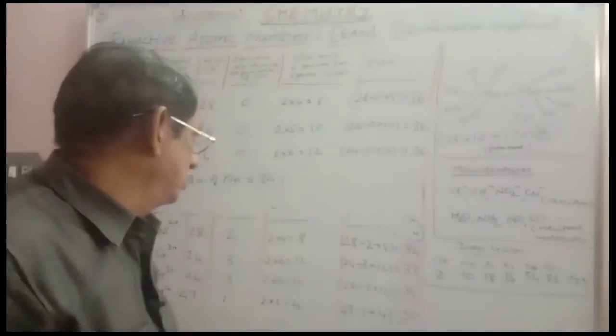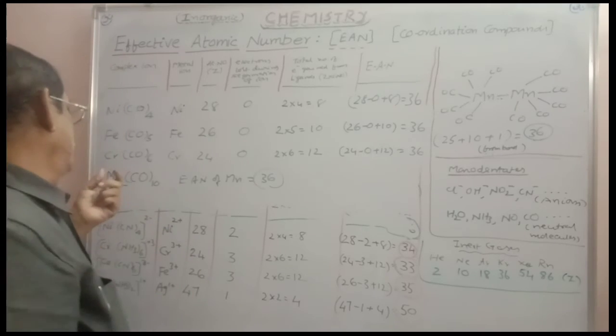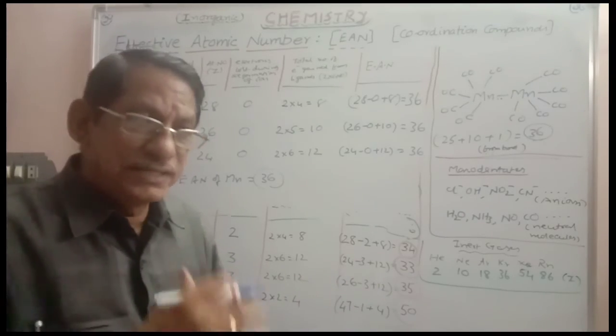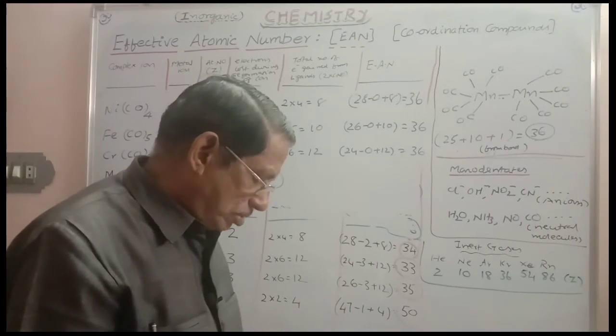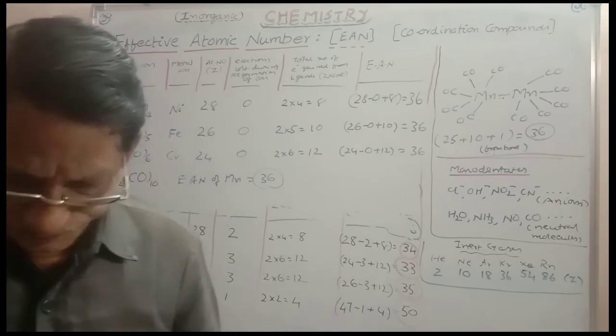This is also an important bit. This is what you call polynuclear carbonyls. In the case of polynuclear carbonyls, sometimes there will be a metal-metal bond, sometimes may not be. That depends upon the structural aspect there. And of course, this is extra almost. You need not take all those into count. Okay? Please note it.